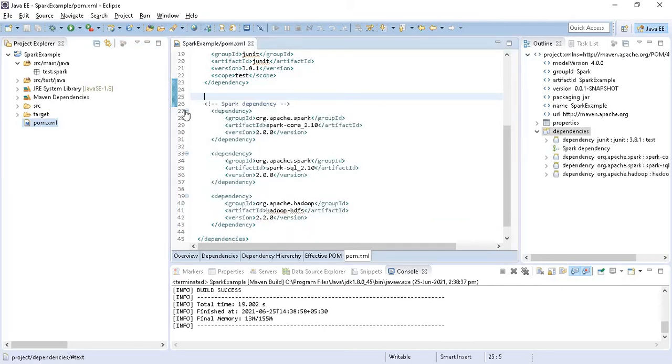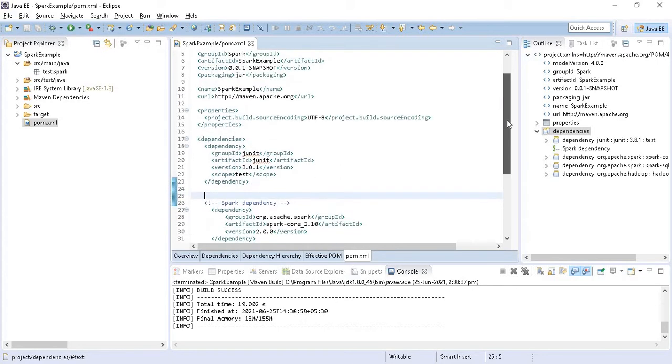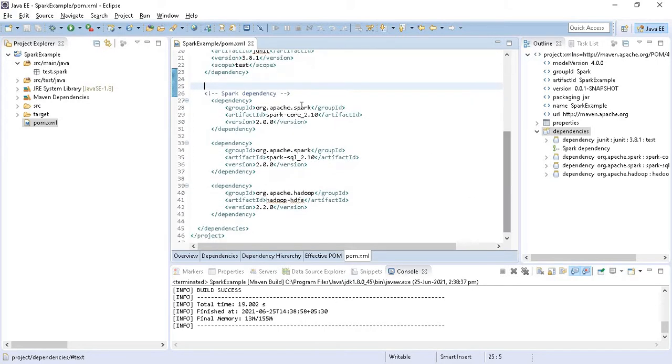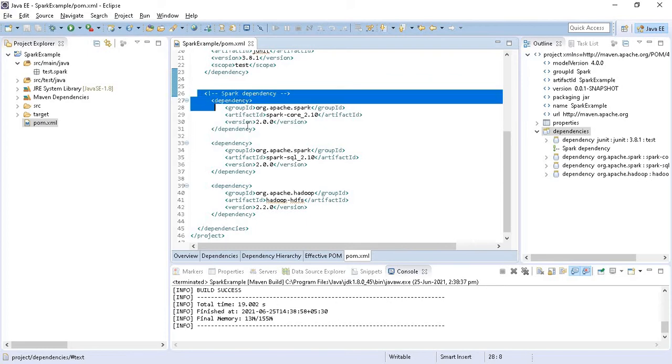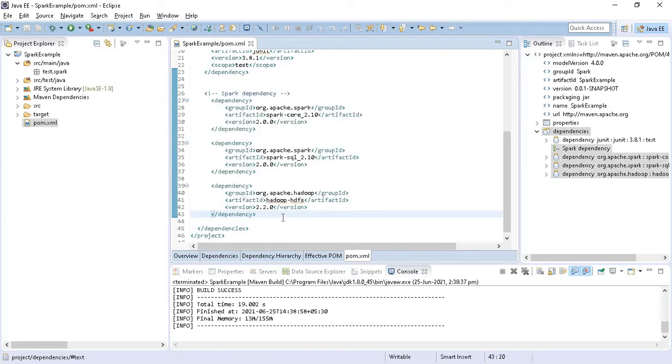Once it is created, we have a pom.xml. Double click on it, and an XML form of entries will open, and this does not have the dependencies. These are the required dependencies which download the required jars for running Apache Spark. We are going to paste them here. You can find these dependencies from Google, or I have already put them in my description box, so you can use them from there itself.